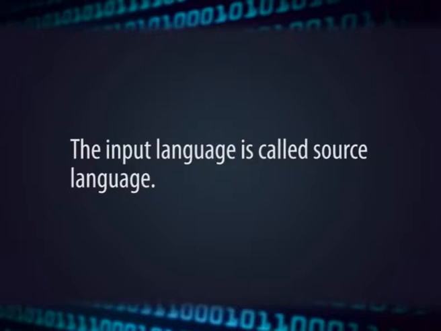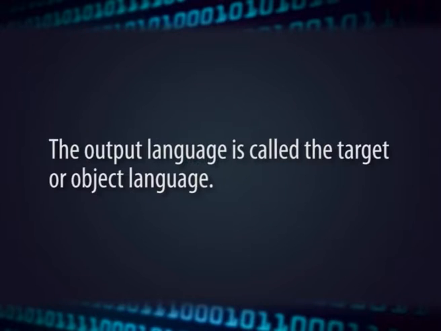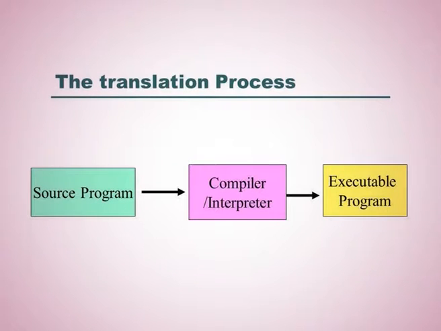The input language is called source language, the output language is called the target or object language. Therefore, we can say a compiler is a translator that translates the source program written in high level programming languages such as C, C++, Java and translates them into machine language of the underlying processor such as Intel Pentium 4